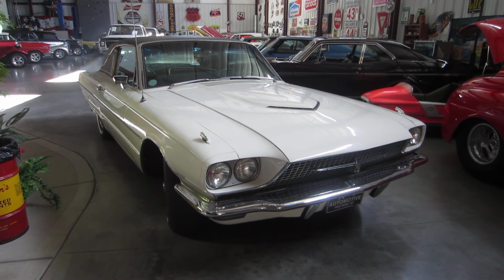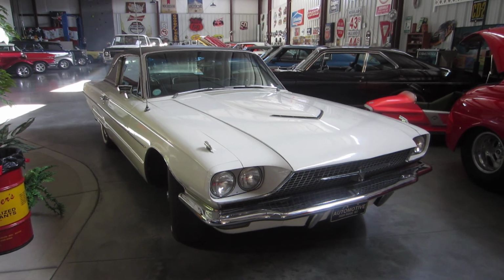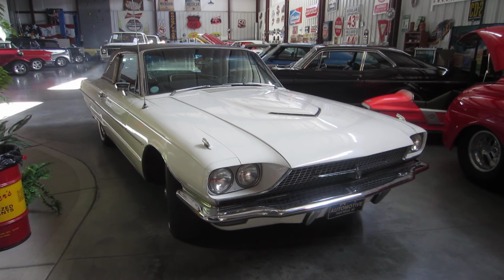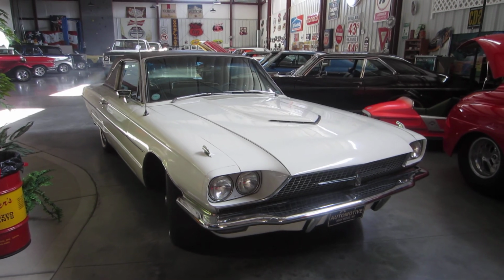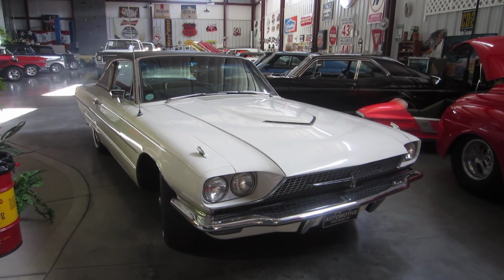I think this is a killer car for the money. We got a great deal on this car, and we're going to be able to offer it at a great deal. I'm going to go around and we're going to pick this thing apart. It was restored back in 1989. So there are some defects and flaws in the car, but I think for the price and for everything that's